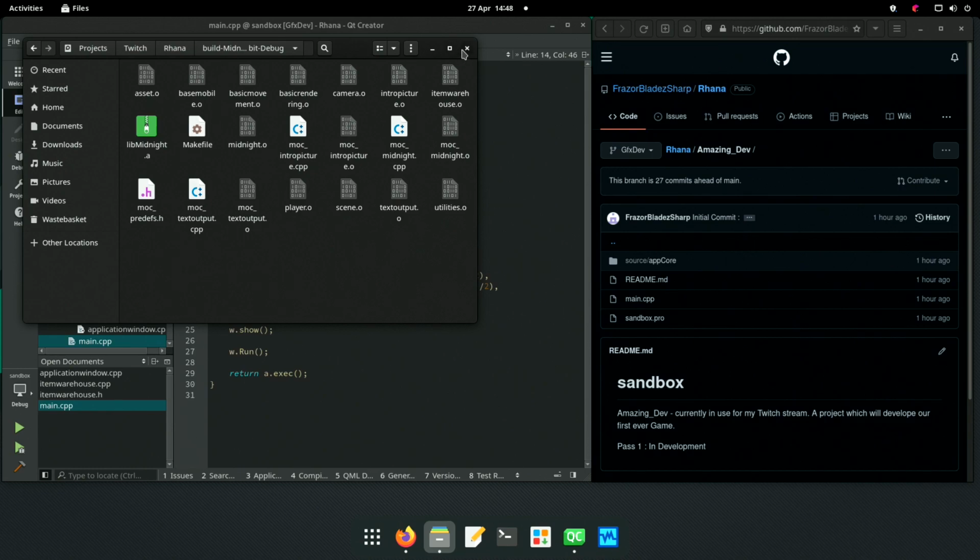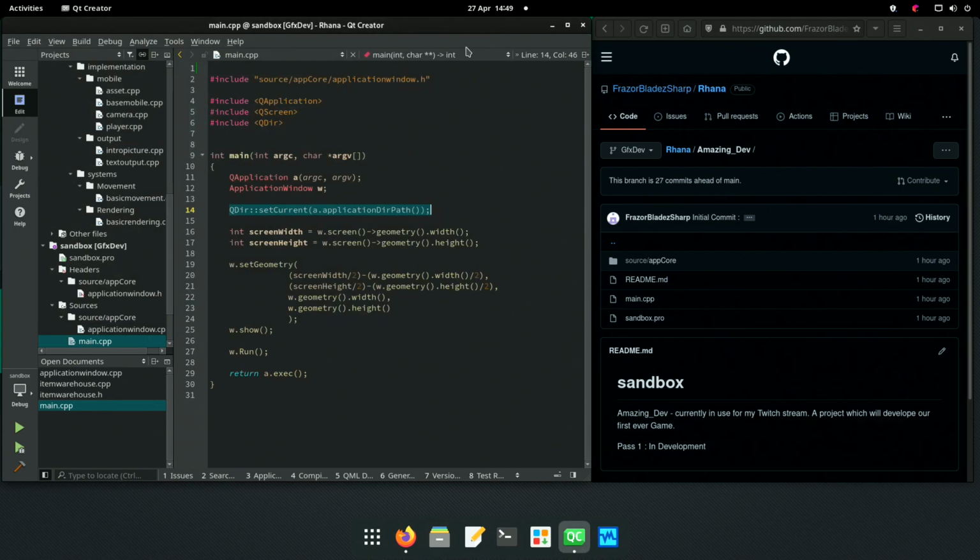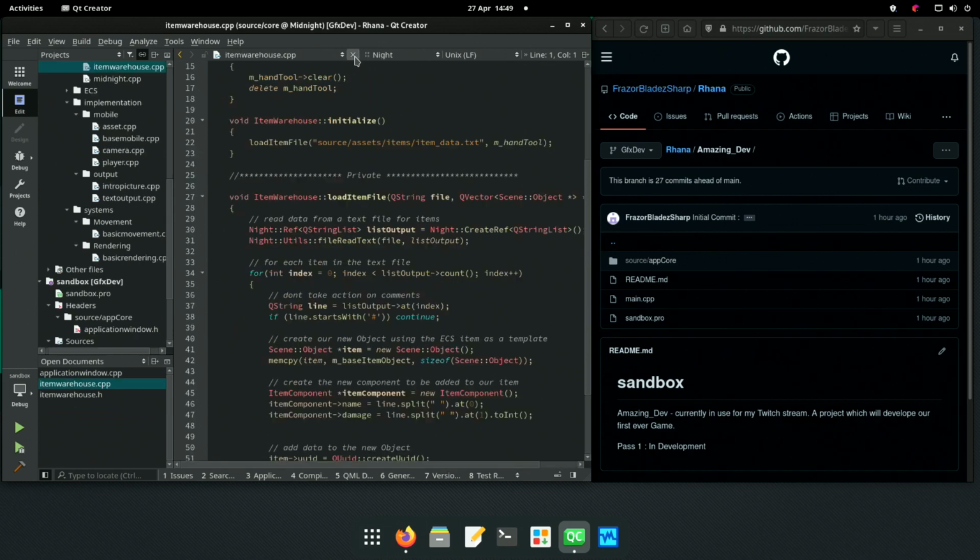So the exec file wouldn't be in here. That's interesting. We're going to come a cropper on that. Absolutely. Awesome. I look forward to the challenge.